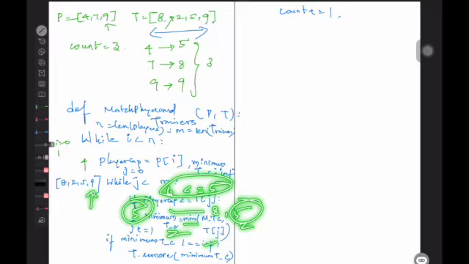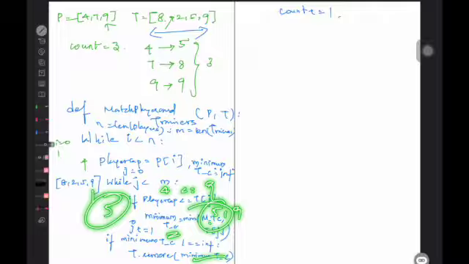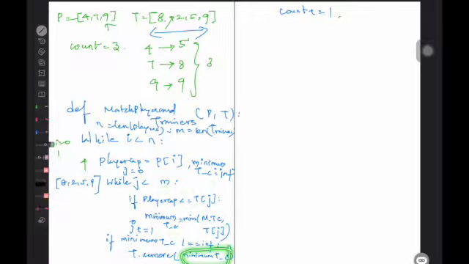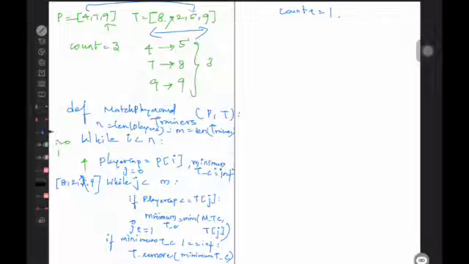Next 9: even though 4 is less than or equal to 9, the minimum of 5 comma 9 is 5, so it picks 5. So for the first index, we now remove that 5 from this array, and update the count to 1. Now we got 1 match, 4 got matched to 5.